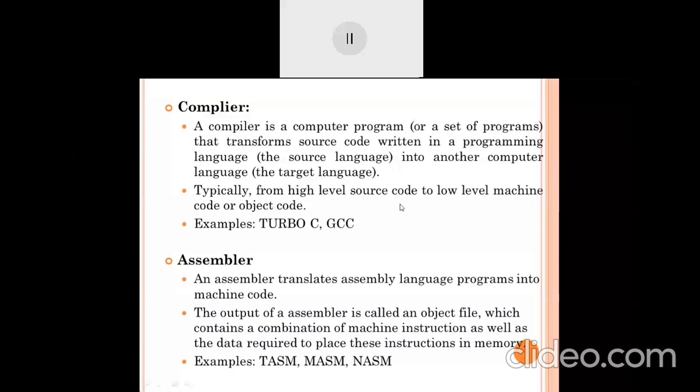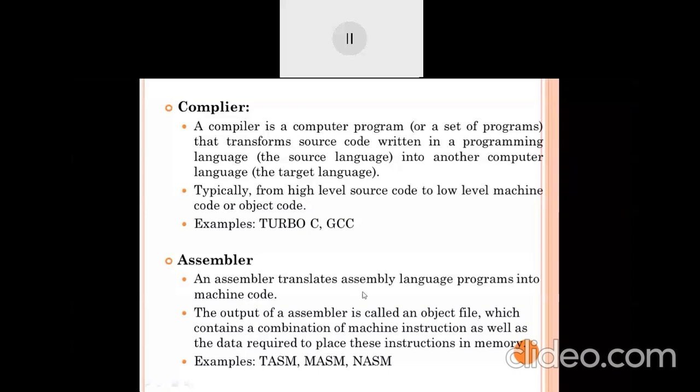After that the assembler works, which accepts as input your assembly language program, and converts it into binary code. This binary language is understood by your machine, that is your processor. And the processor is there to perform operations. It may transfer data, perform arithmetic operations, or some logical operations on that binary data.